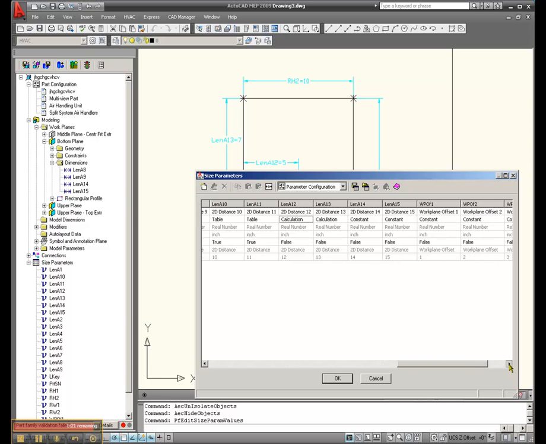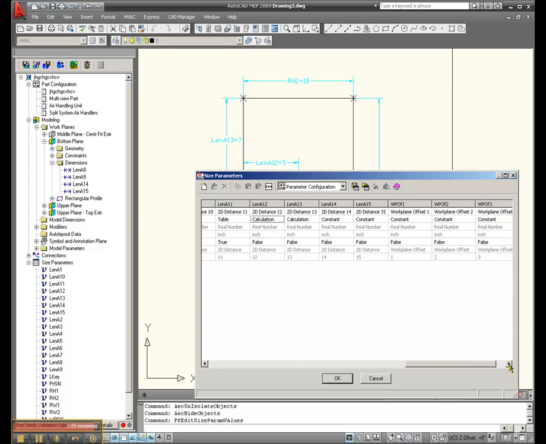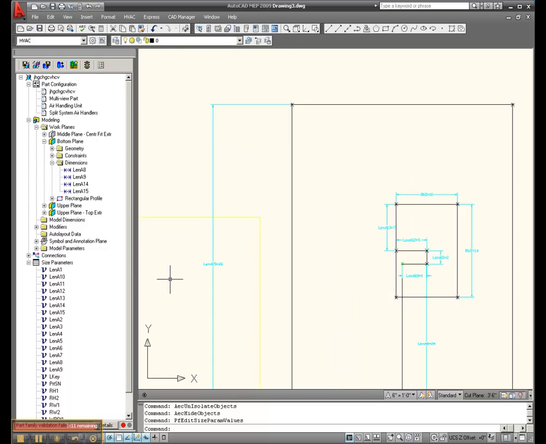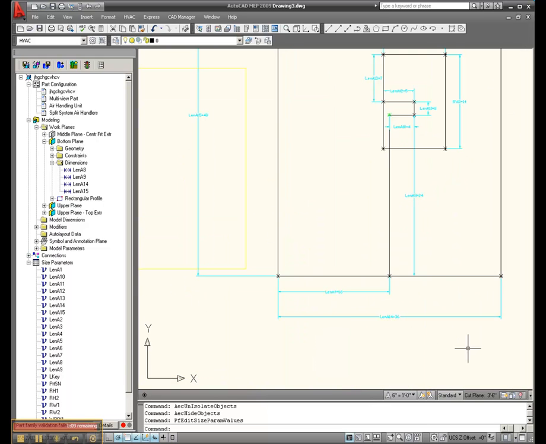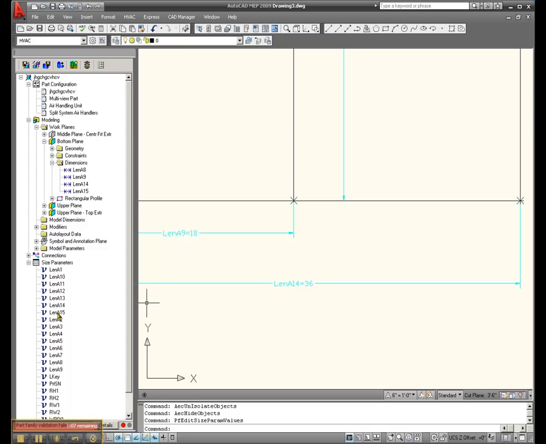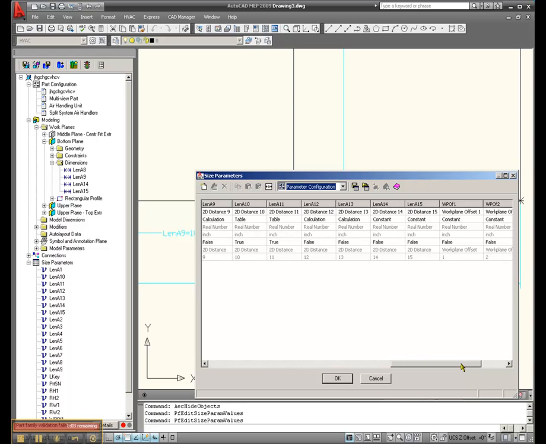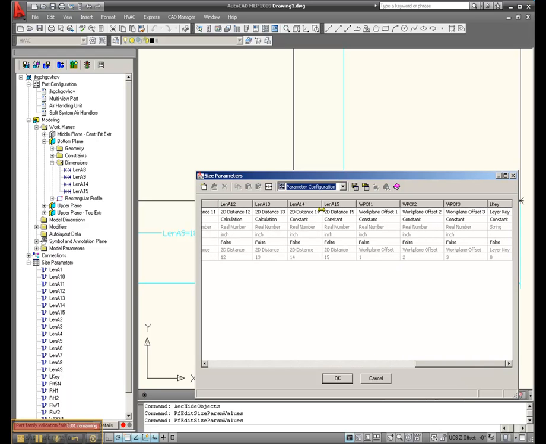So length A14 and 15. What are these guys? So that was the overall cabinet body. Okay. 14 and 15 we want